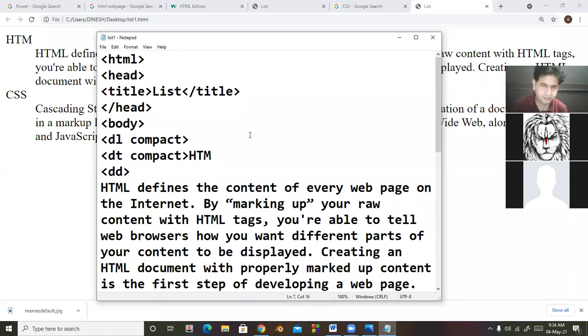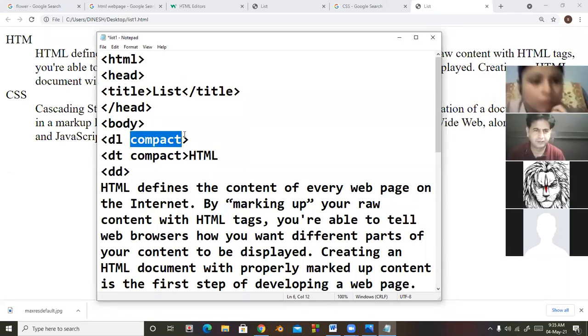Because it is browser dependent, it is not applicable here.